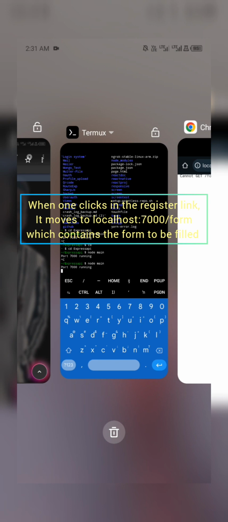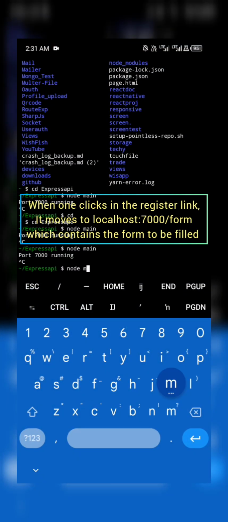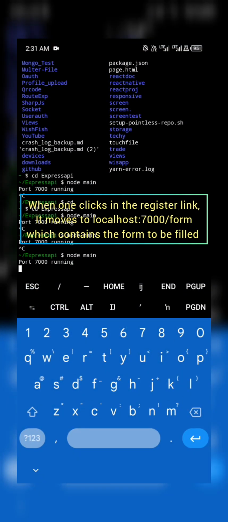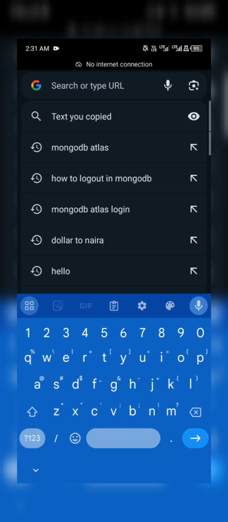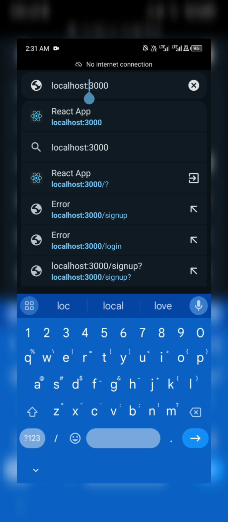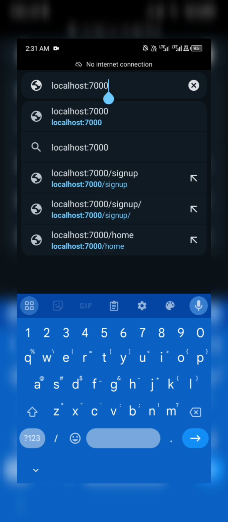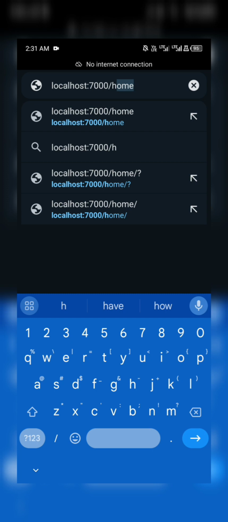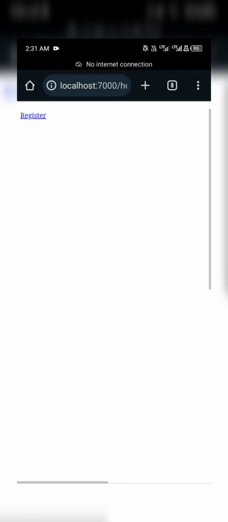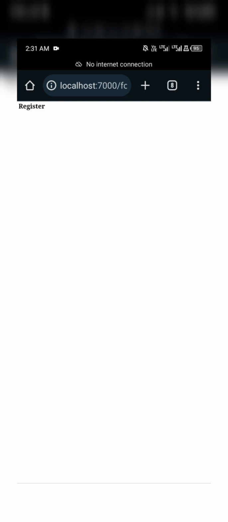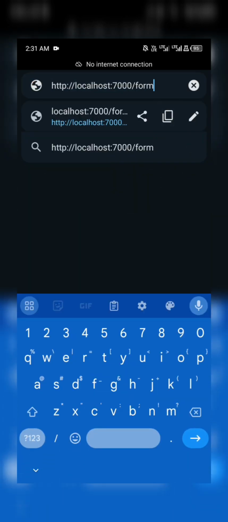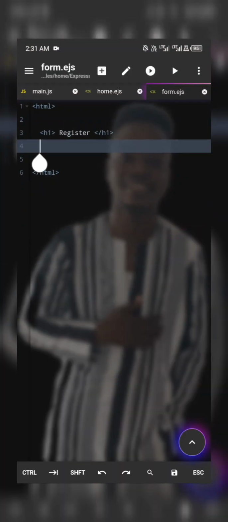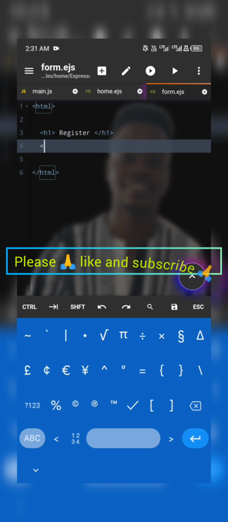Head on to my terminal, Control C, node name. And here we have localhost 7000 slash home. Yeah, right here. When you click register, it takes us, can you see that, you check here now, the URL has changed. We have slash form already, which is this register. Okay, now let's create our form under this register page. So form,